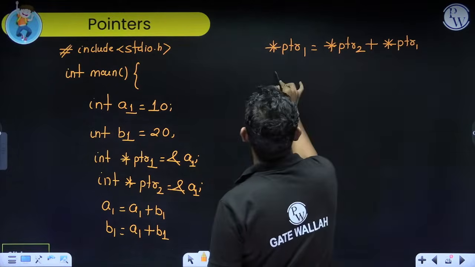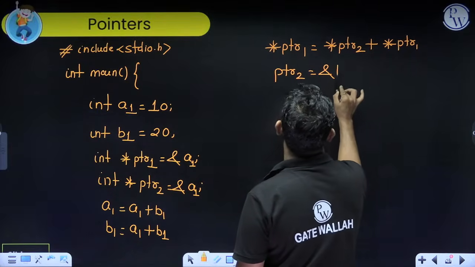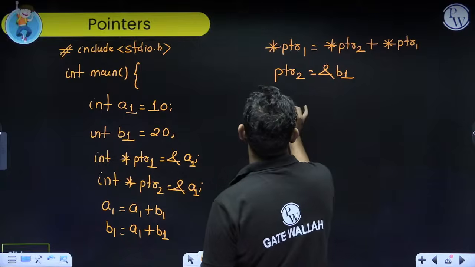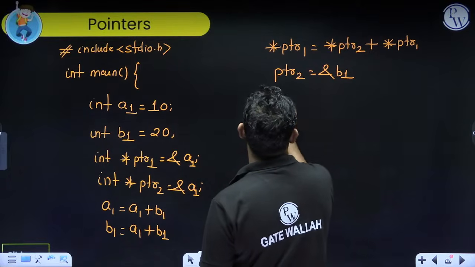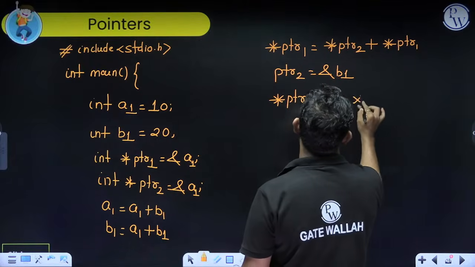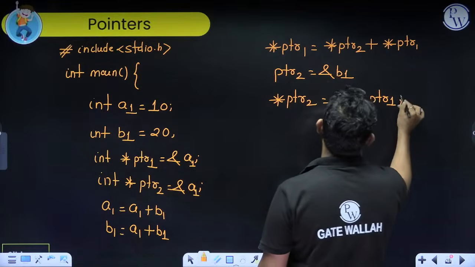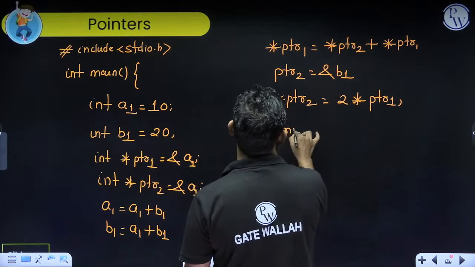Then ptr2 is equal to address of b1. Then star ptr2 is equal to 2 times star ptr1, and then I say printf